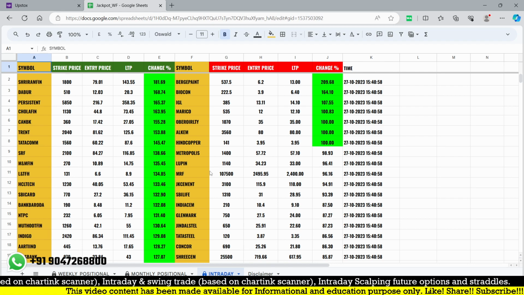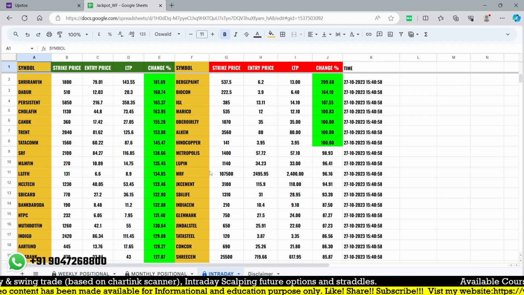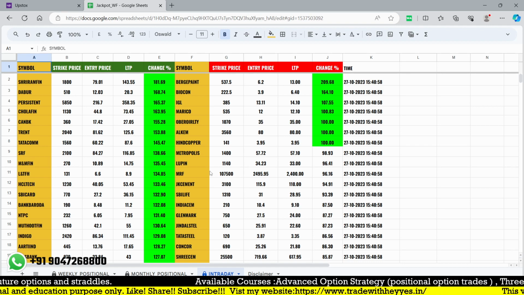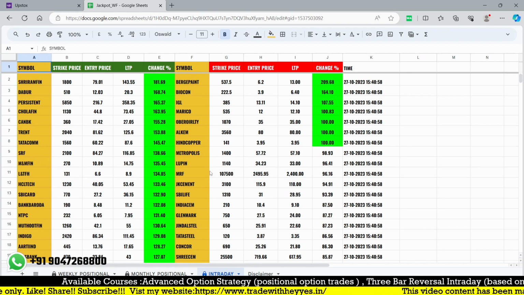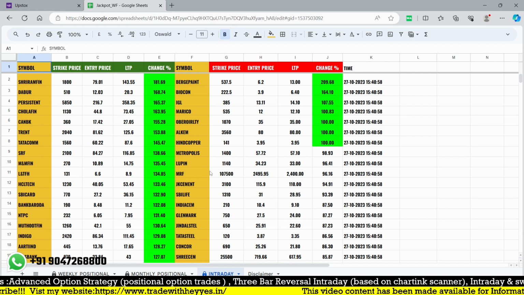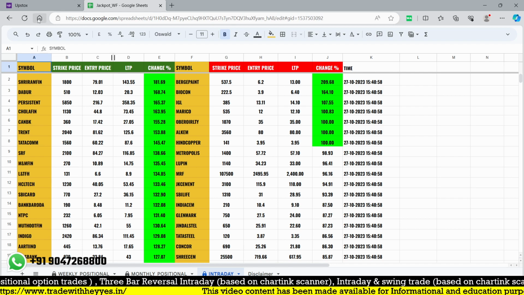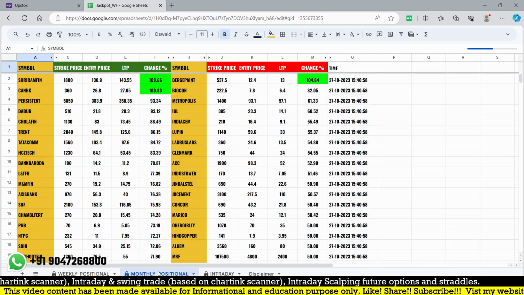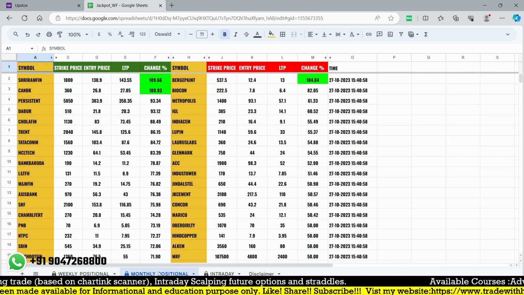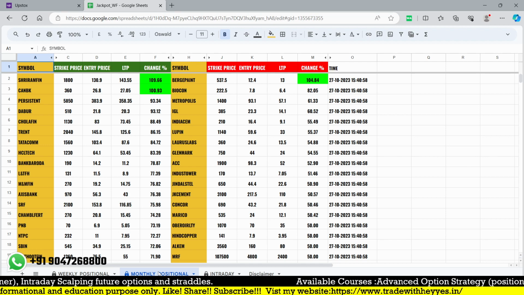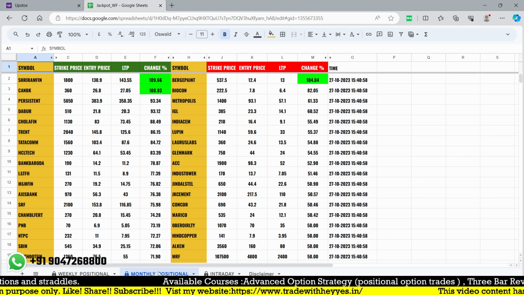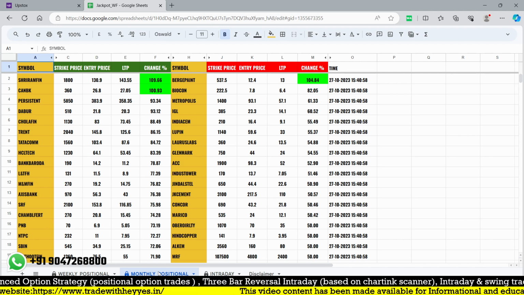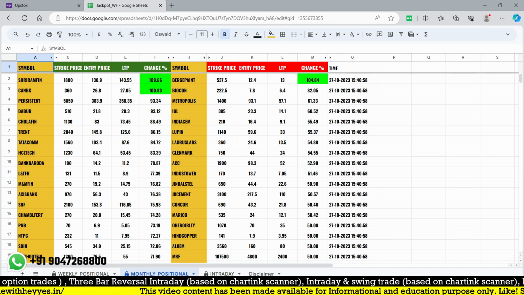It works for all 184 F&O stocks. Okay, we are not separating. Maybe in futures we will be adding volume and also some other factors we are planning to add in this. But this video is the update for next week, and the monthly contract which has not yet started. We always plan the trade from the first of the month, but here it's showing you the last one day after the Thursday expiry. So we are adding only one day for that, and the sheet is running up to 31st